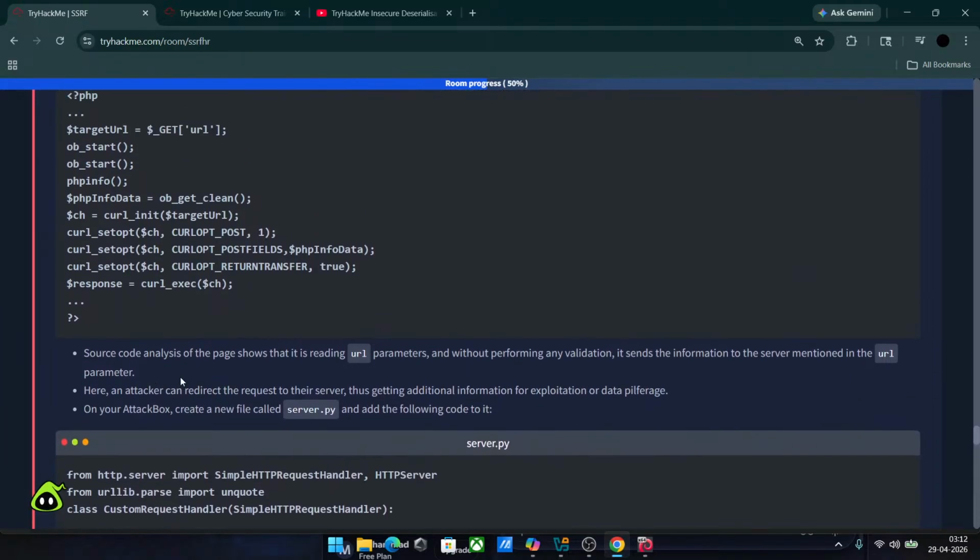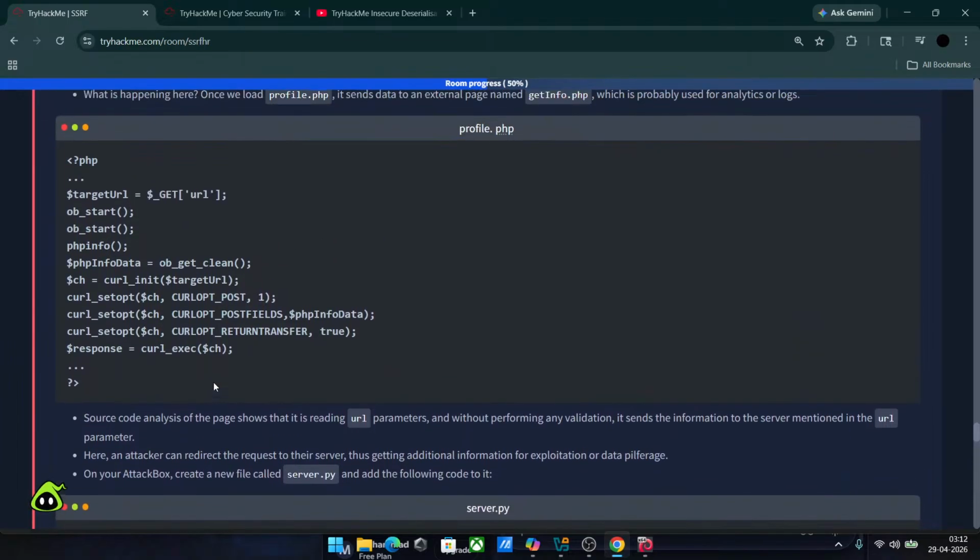The source code analysis of the page shows that it is reading URL parameter and without performing any validation, it sends the information to the server mentioned in the URL parameter. Here an attacker can redirect the request to the server, thus getting additional information for exploitation of the data